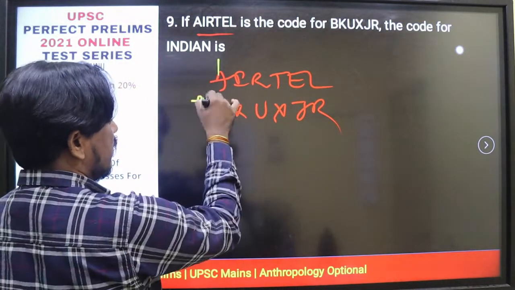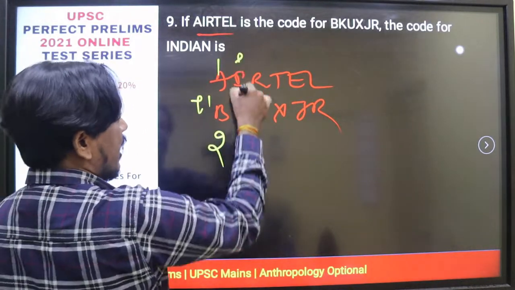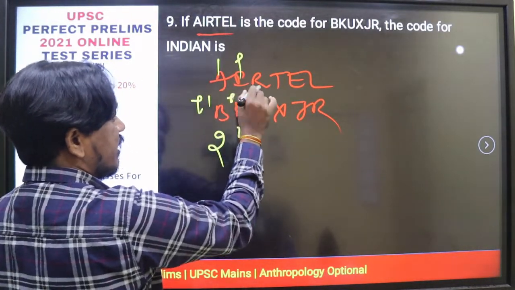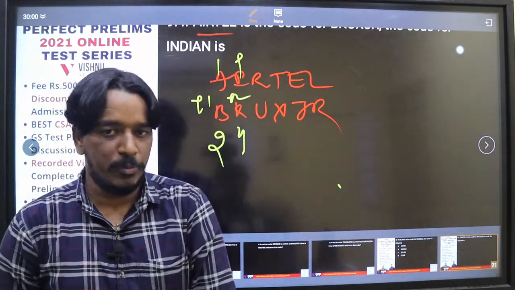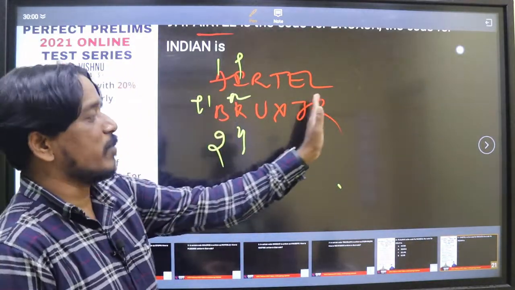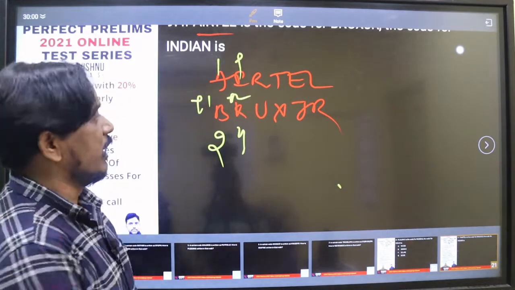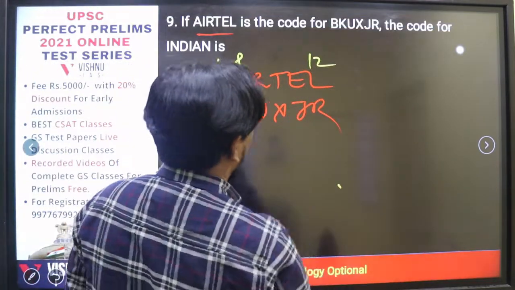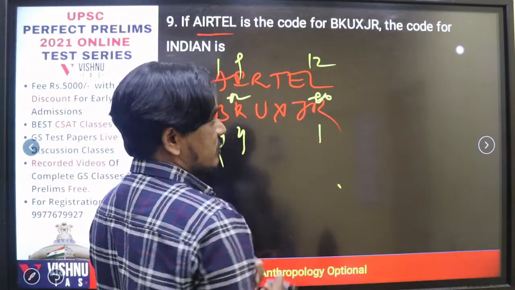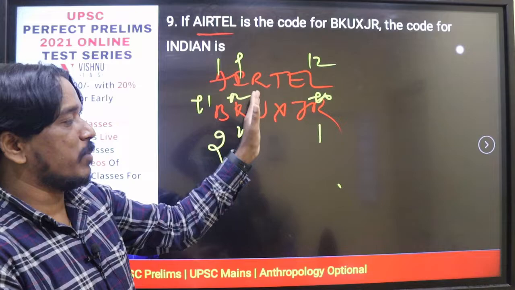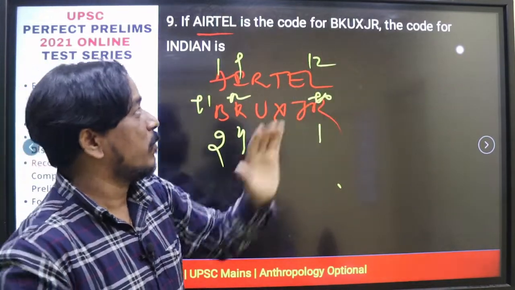What are we doing here? Maybe plus 1: I is 9, K is 11. Again we are taking plus 2. Similar to this previous year question, minus 1, minus 2, up to minus 6 we have taken. We are just increasing plus 1, plus 2, plus 3, plus 4 like that. Clear? If you take L, 12 plus 6 is 18. We are getting plus 6 here. So we are increasing plus 1, plus 2, plus 3, plus 4, plus 5, plus 6.